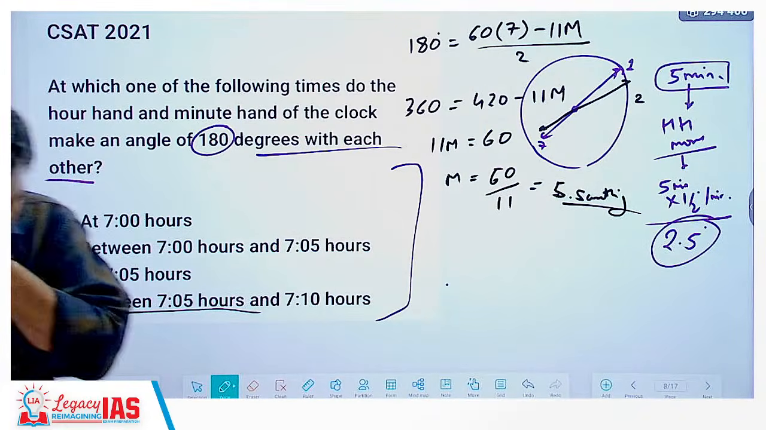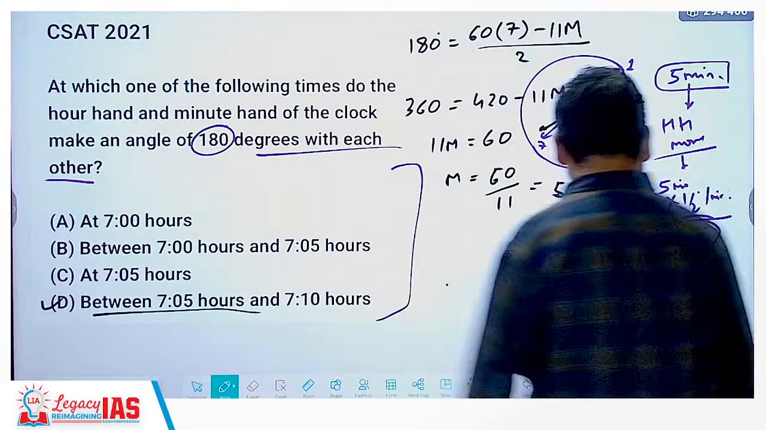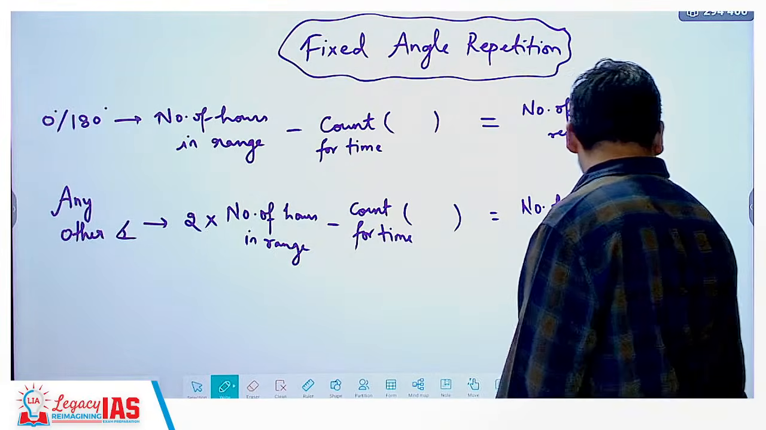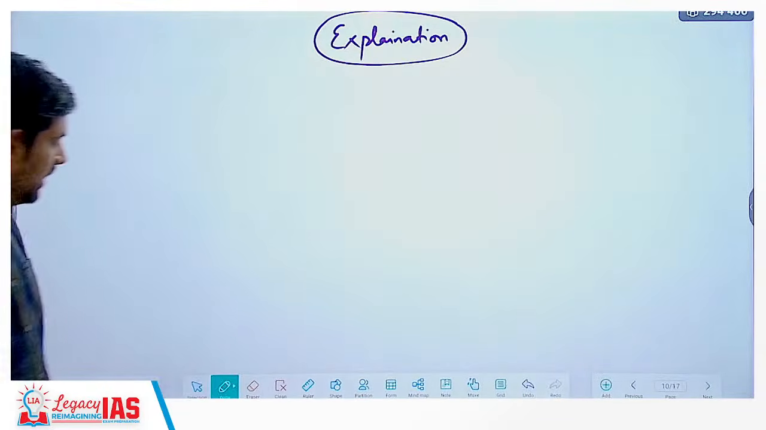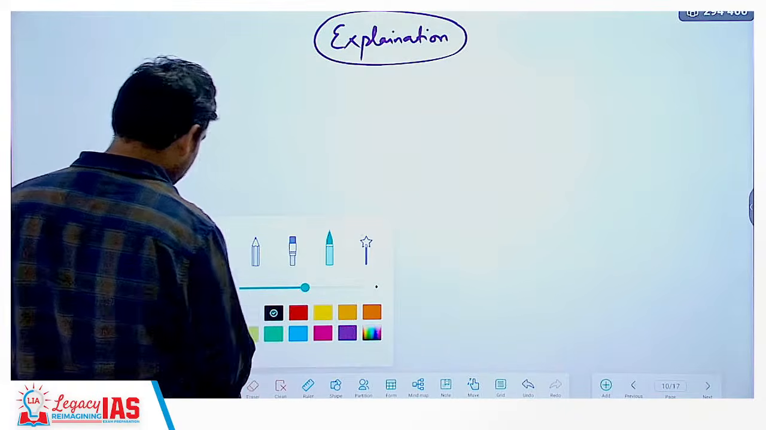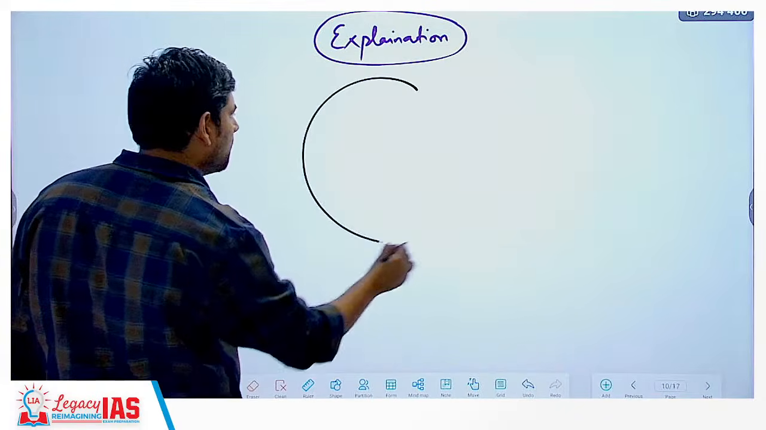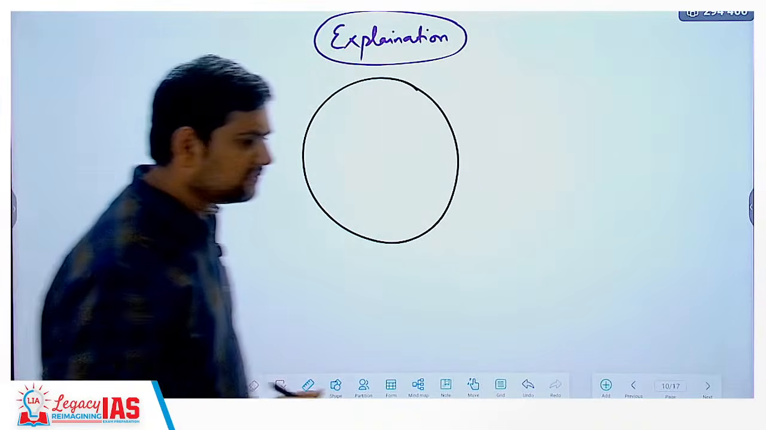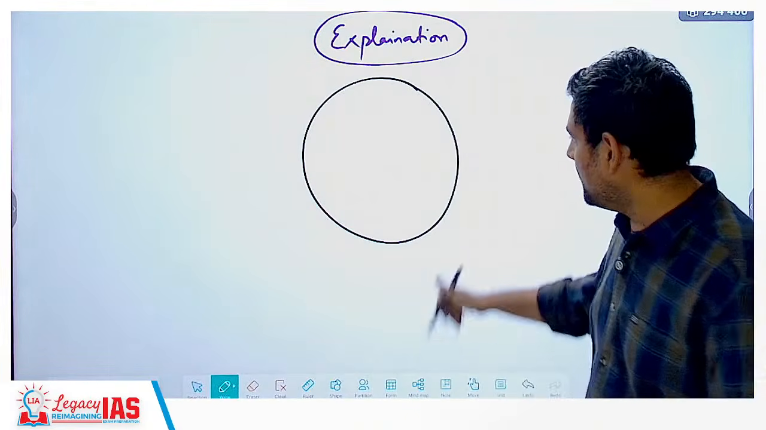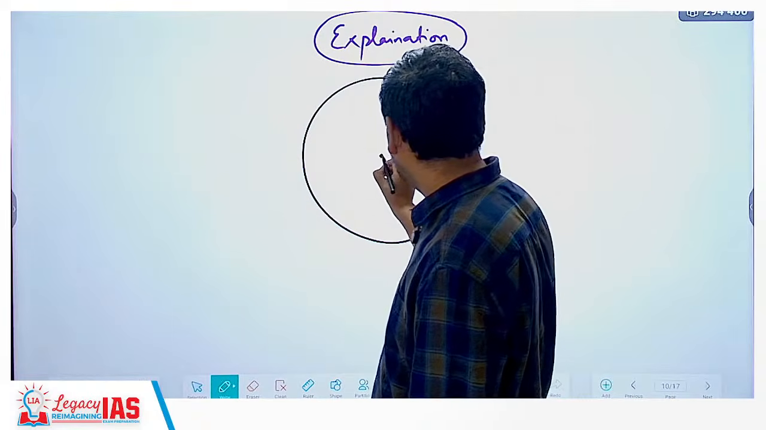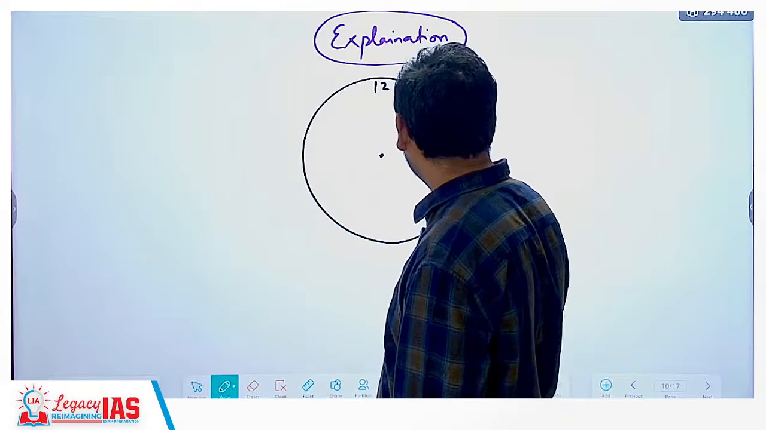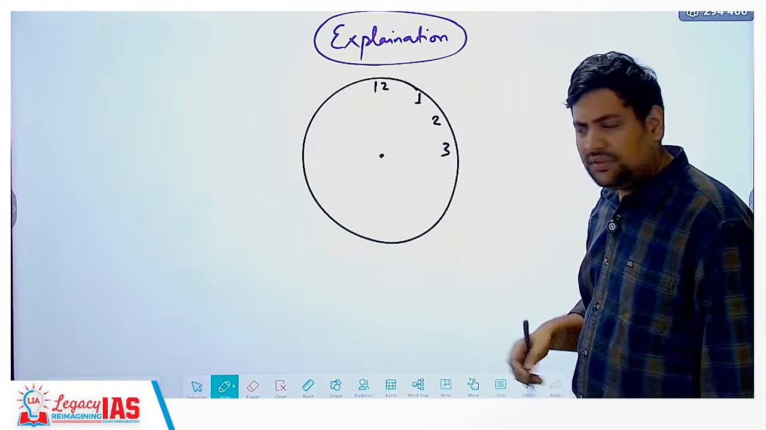Now, fixed angle repetition. First, let's understand this, what I am trying to say here. Now, watch this carefully, most students get confused here. Now, the thing is that if you want to calculate, this is 12, this is 1, 2, 3. Now, if you want to calculate,